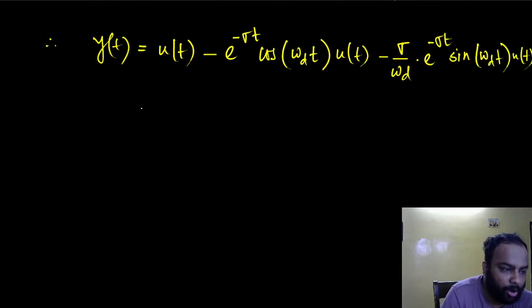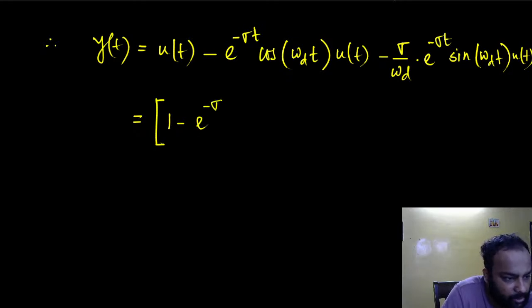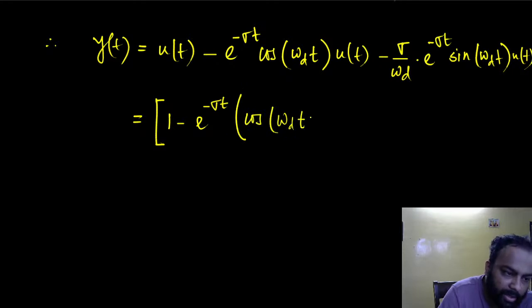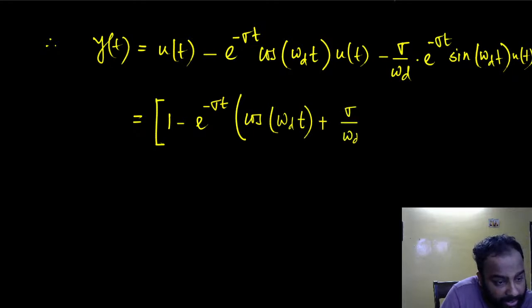Let's take u(t) common out of everything. That would be a good job here. So I have 1 minus, and let's also take e to the power minus sigma t common out of this. I am then left with 1 minus e to the power minus sigma t, and then I would have cosine of omega_d t plus sigma by omega_d sine of omega_d t, and the whole thing